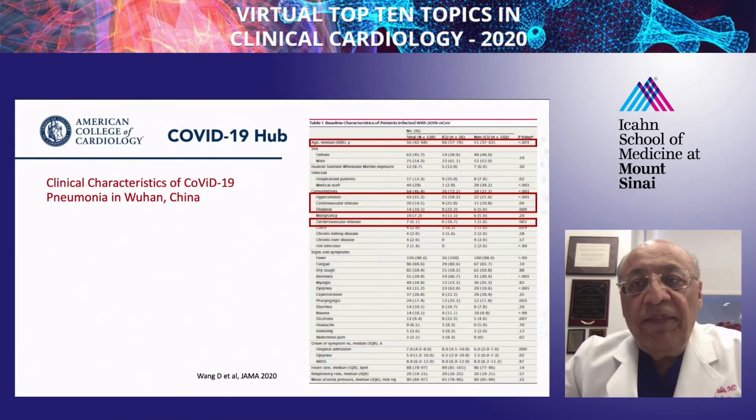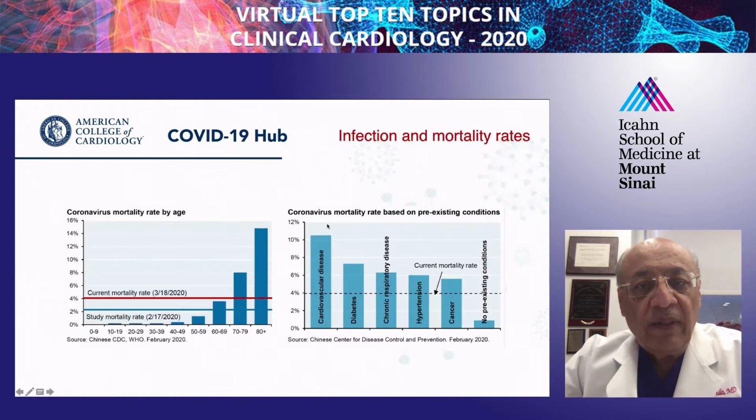So this is the very first report of COVID pneumonia from Wuhan. And as you can see here, in the subjects who had adverse outcomes, those who were admitted to the ICU versus those who were not admitted to the ICU, those patients were older in age, they had cardiovascular disease, or they had the risk factors for cardiovascular disease. And indeed, it was confirmed